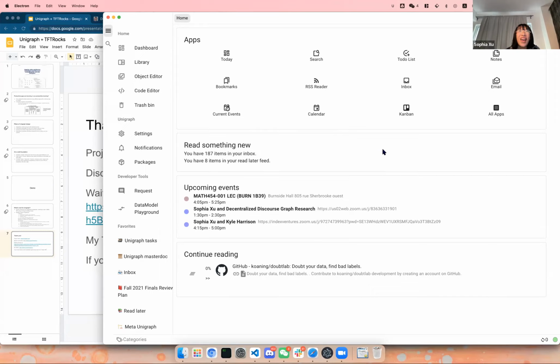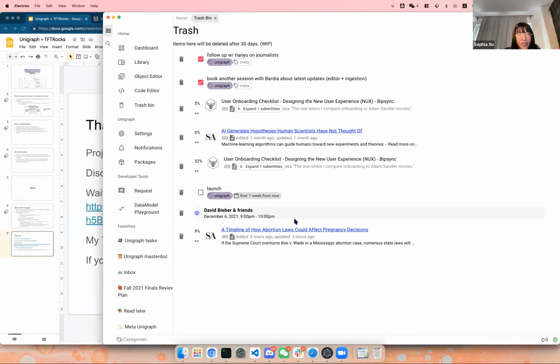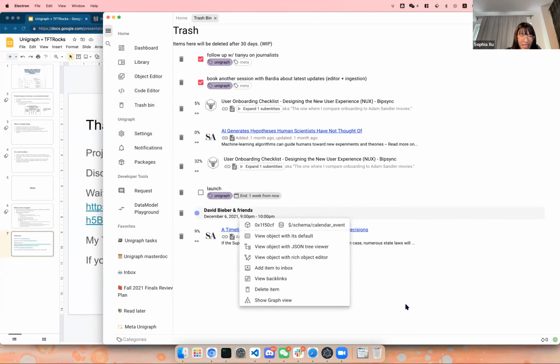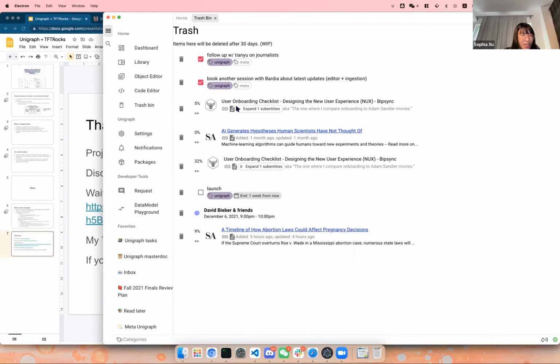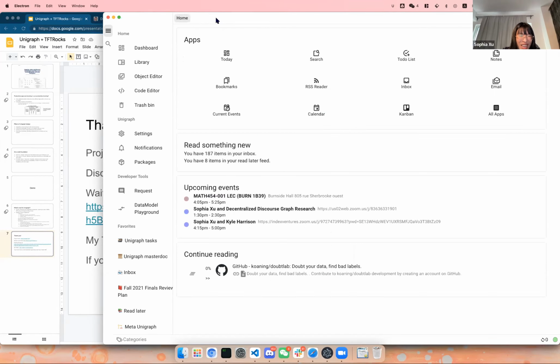And as far as I know, there is not a very reliable way for us to check that with the Twitter API. But for supported applications like Gmail or Google Calendar, if I delete an event, for example, it will go to a deleted view, right back to the trash bin. For example, this is a calendar event I deleted in Google Calendar, and it goes to my trash bin. It's based on the Google Calendar API. So only when the API provides it, you can do it. Otherwise, you cannot.